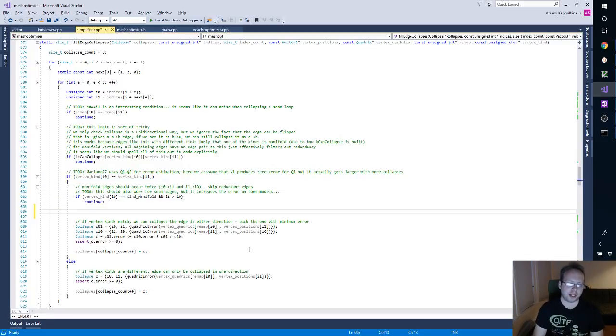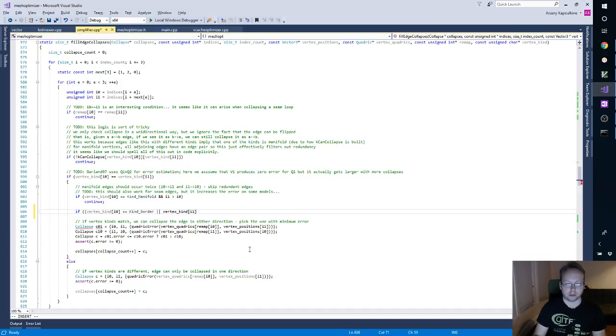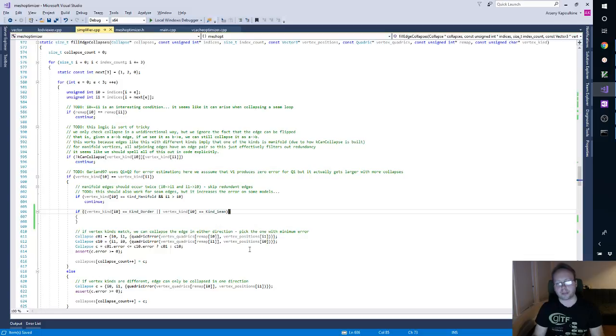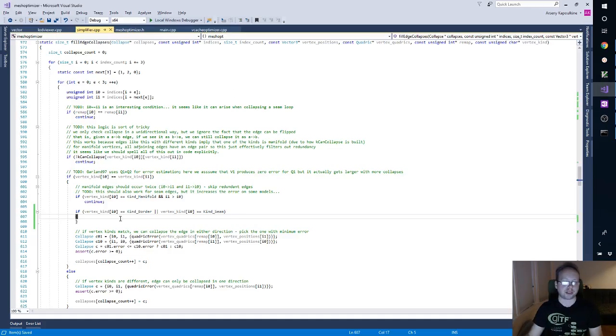And I want to say if vertex kind is, so if it's a border vertex or a seam vertex, and I don't really need that many braces, then either A, so we're saying if both vertices are of the same type, which is the only supported case right now